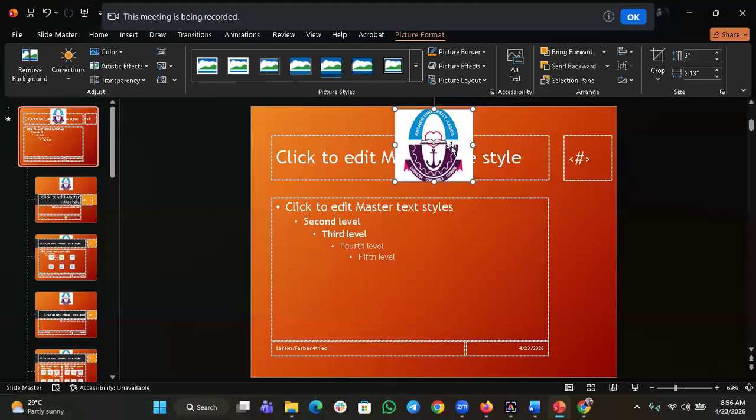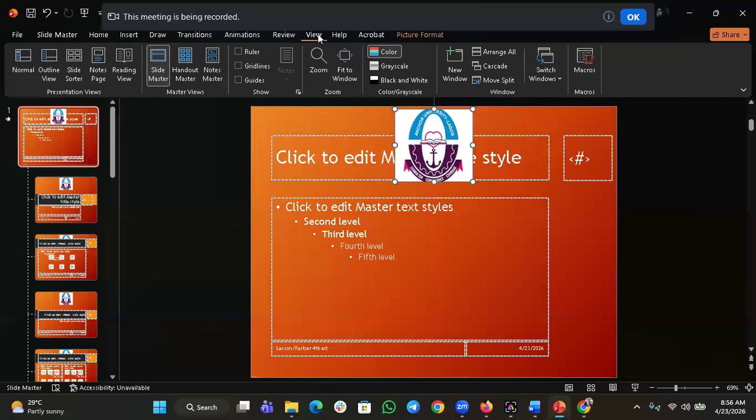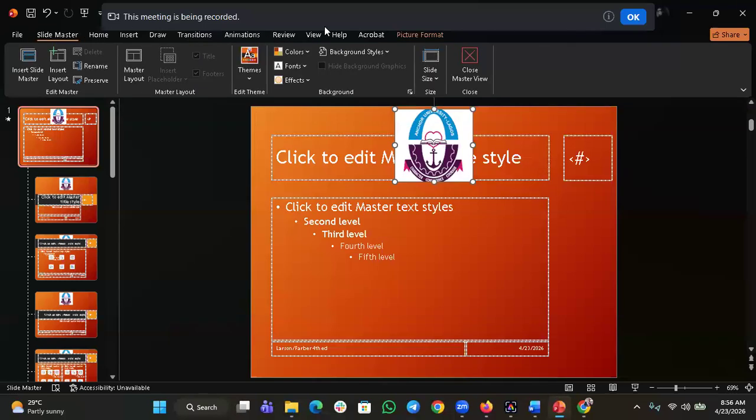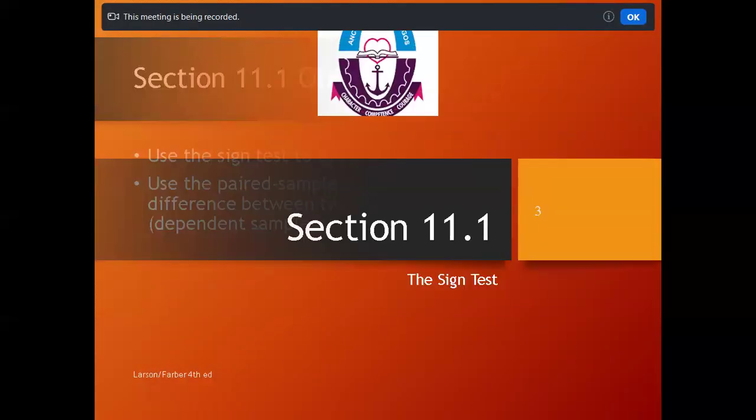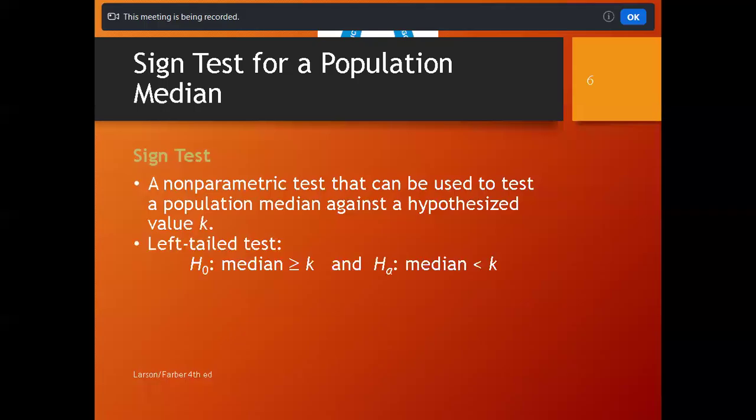You can decide to shift your logo maybe towards the top. If you shift it towards the top, then go back to your master view, master slide, then close master view. When you close it, now you will notice that the logo that I added has affected all the slides. Look at the logo,